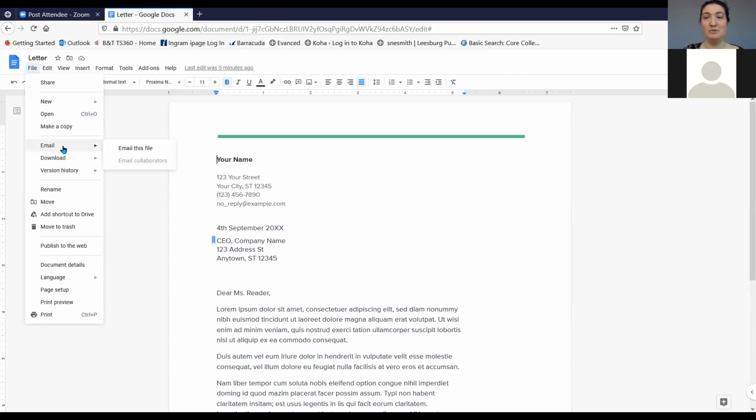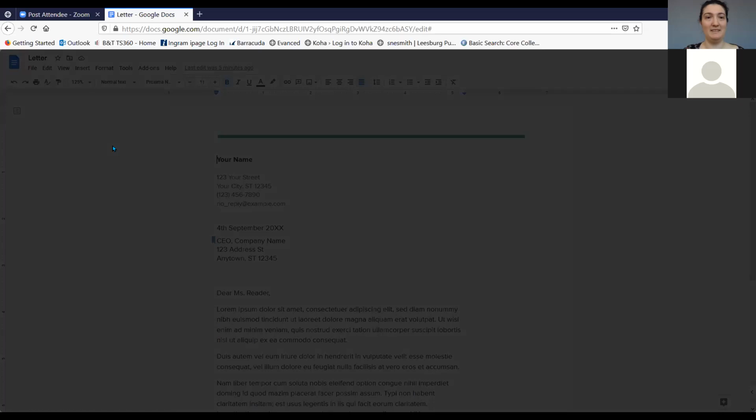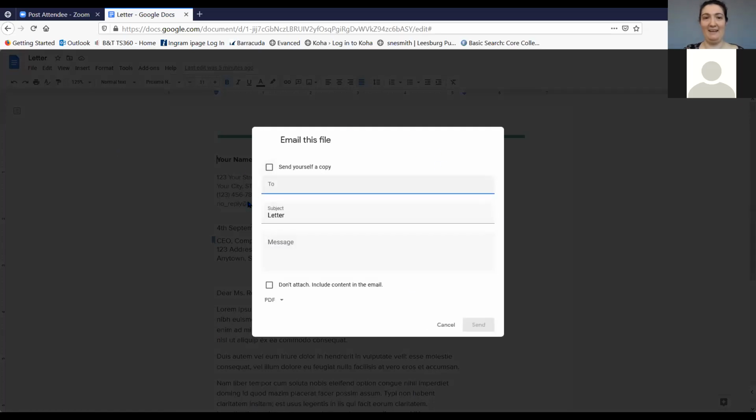So instead of having to open another tab, go into your email and attach the document from there, you could just hit email this file, and then a box will come up where you can type in who you want to email it to and type in a little message, and then it'll attach it as a PDF, although it'll give you different options if you want to attach it as something different. So I'm just going to hit cancel